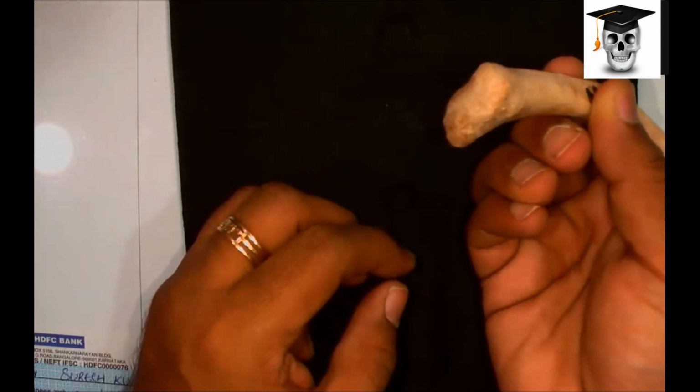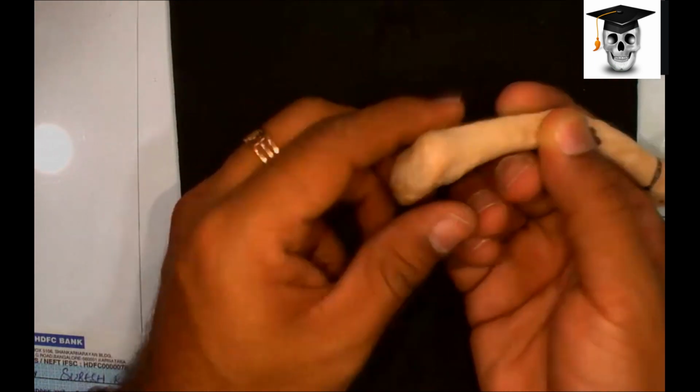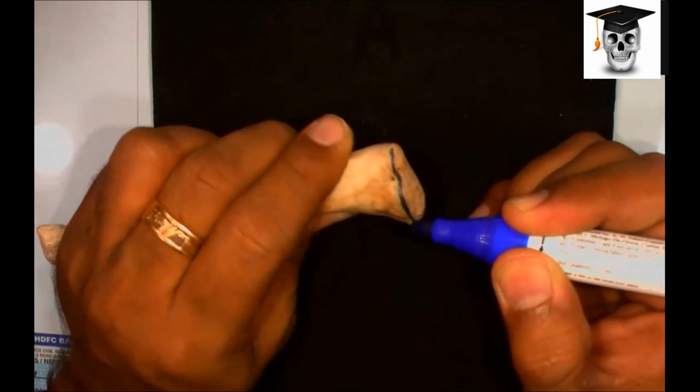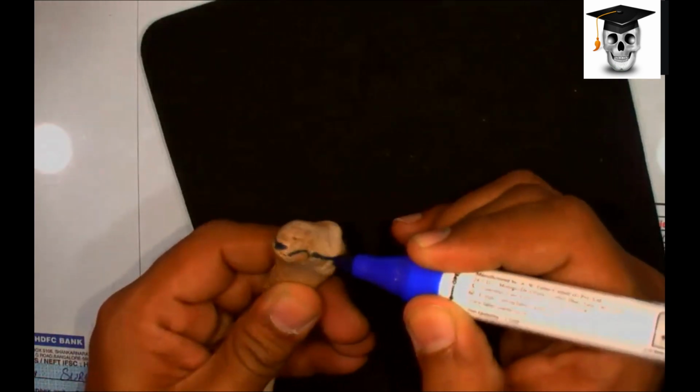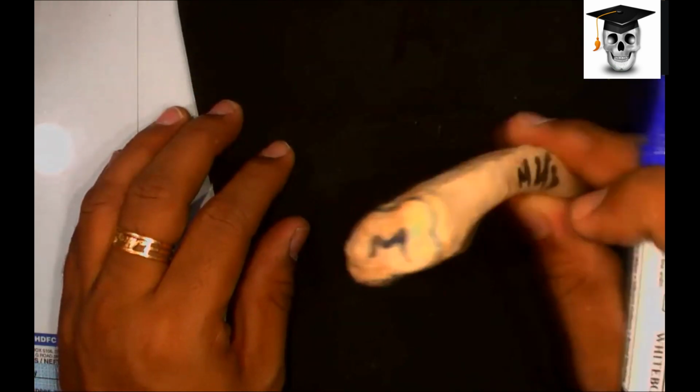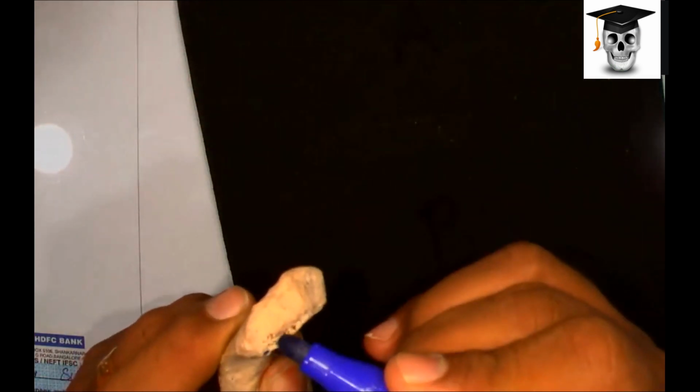So the medial end of the clavicle is quadrangular. It is broad. See, this entire portion, whatever I'm marking, this entire thing is your medial end of the clavicle. You see, in comparison to the lateral end, which is flat. This is the lateral end. Now we start with the medial end again.